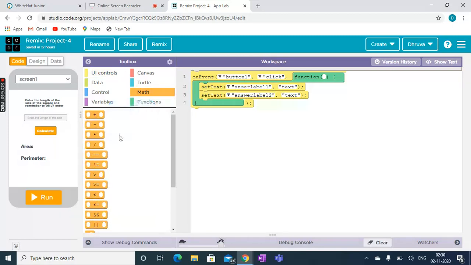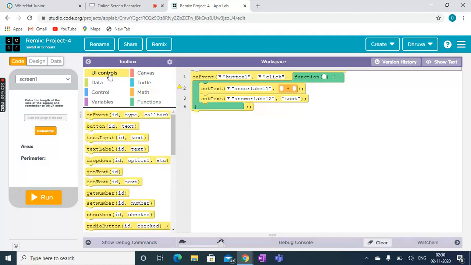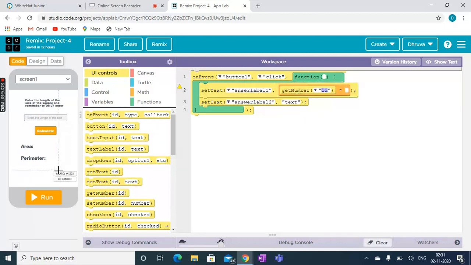First I will take the multiply block, and then go to UI controls. Now we will take the get number block, and it will come first, and the second also will be get number, and it will be the text input.